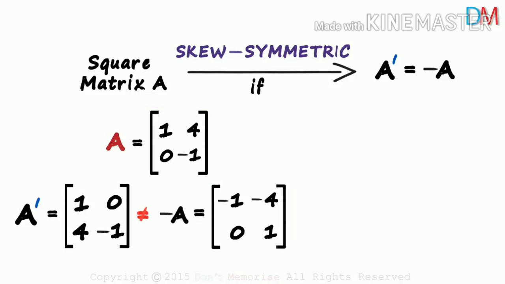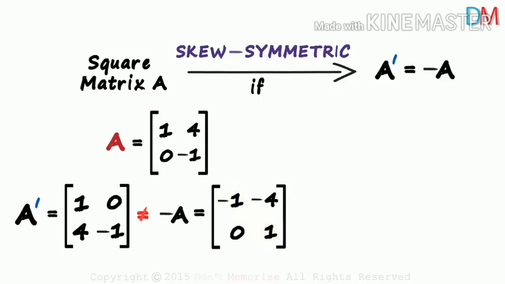This tells us something interesting. I want you to focus on the diagonal elements of A. By diagonal, I mean the leading diagonal. Notice that the diagonal elements do not change for the transpose. 1 and minus 1, 1 and minus 1. And for negative A, just like the other elements, the elements in the diagonal are also negated.